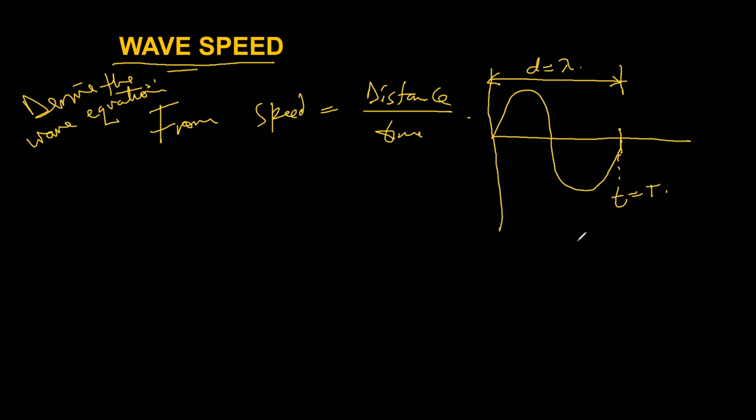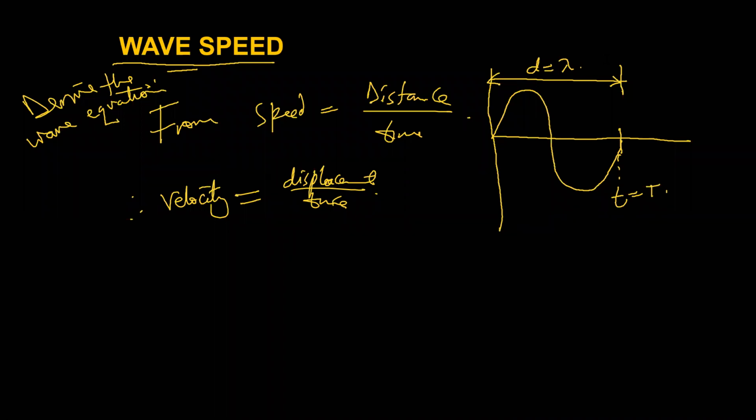Remember that periodic time is the time taken to make one complete cycle. So from this expression here, we can say, therefore, that velocity is the same as speed. The only difference is that velocity is in a given direction. Remember, velocity is a vector quantity, speed is a scalar quantity. So this is the same as displacement out of time. So for one cycle,